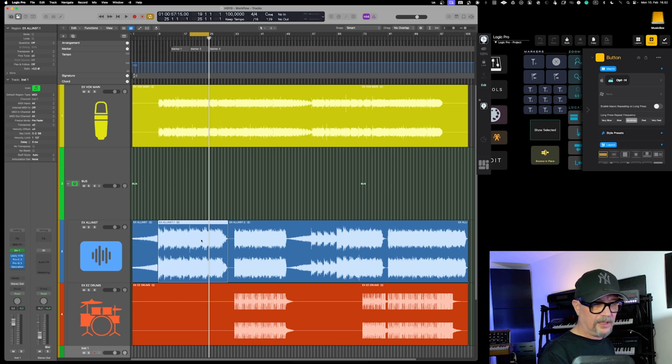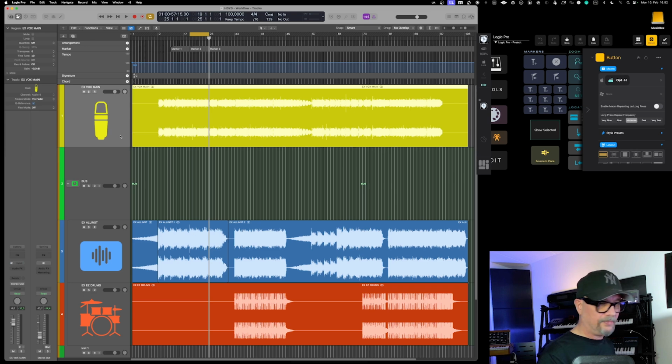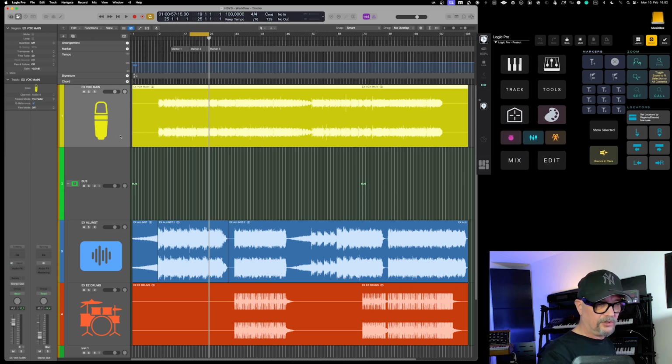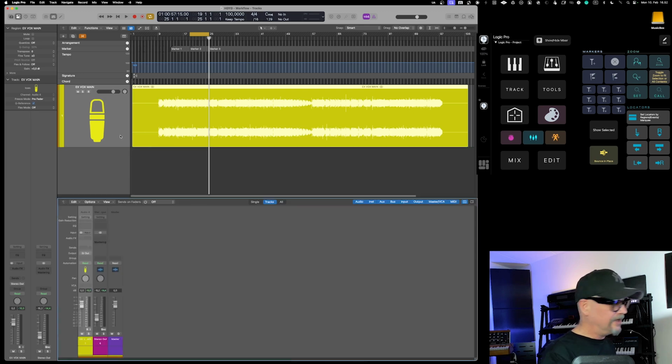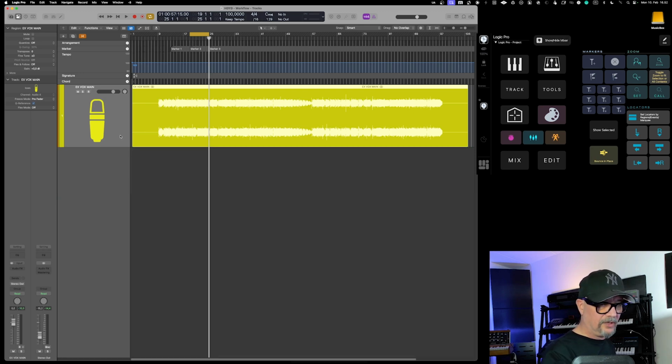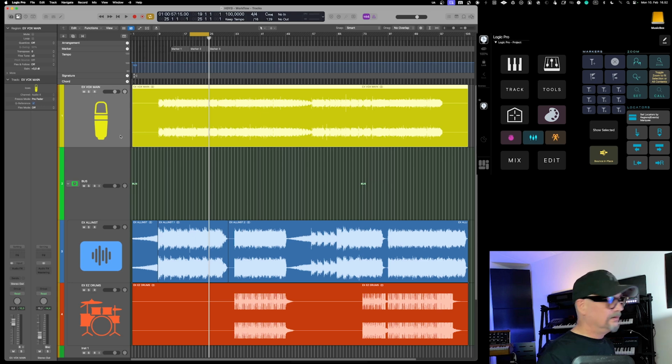Actually show hide selected track. That's actually handy because sometimes you just want to show and select certain tracks and then only have those visual. Then when you bring in the mixer as well, you only have those, and then you can toggle between. Something that I use a lot is also bounce in place, so I can easily call it